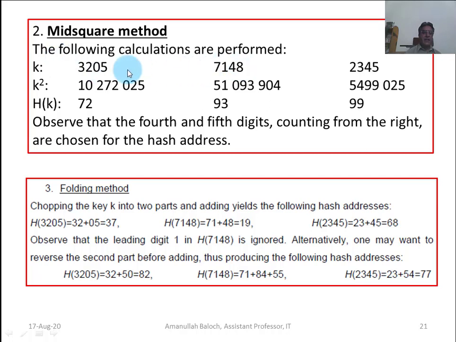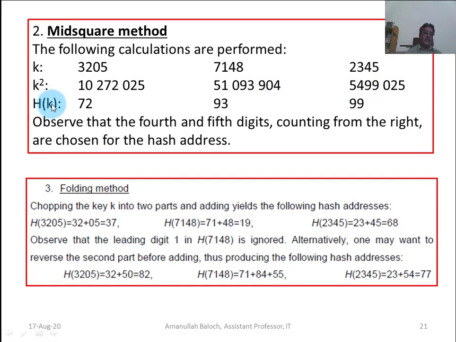We square the key, so this is k and this is k square. This is 3205 and this is the square of 3205. This is 7148 and this is its square, and 2345 and this is the square of 2345.